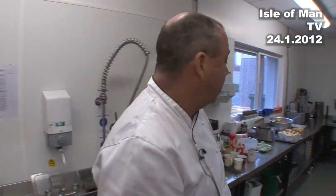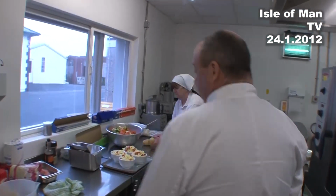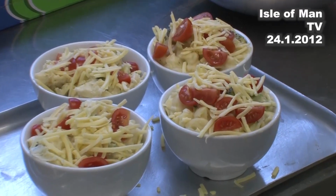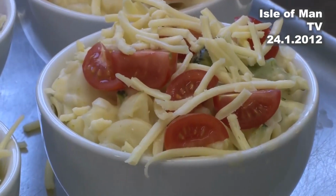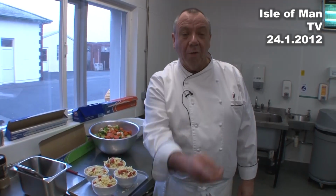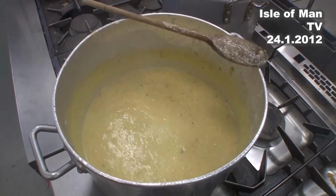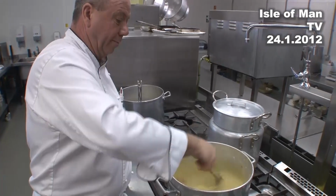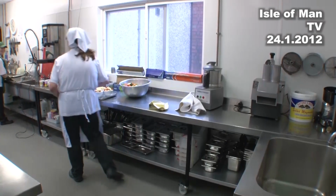Menu today is pasta bake, which is freshly made. Nice bit of colour on it. That's ready to go in the oven. We've got stew and dumplings, which the girls have just finished off. We've got some fresh soup that I've just made. We make fresh soup nearly every day. I'd be lying if we said it every day. We do have packet and tinned in for standby, but in the main we try and make our own soup